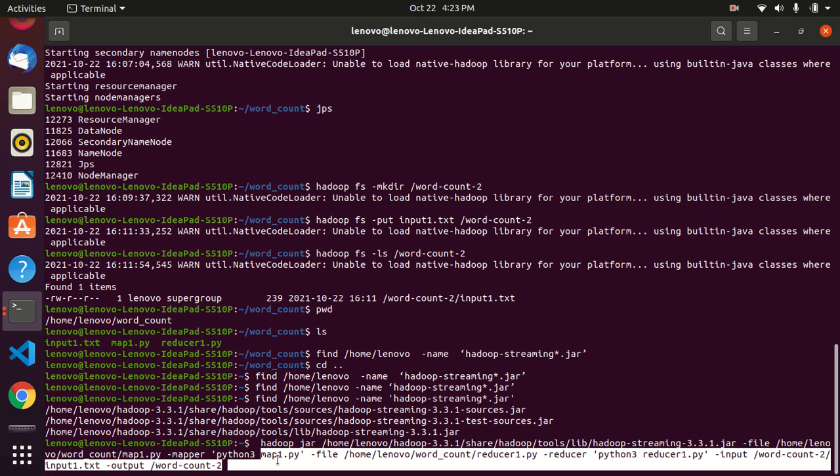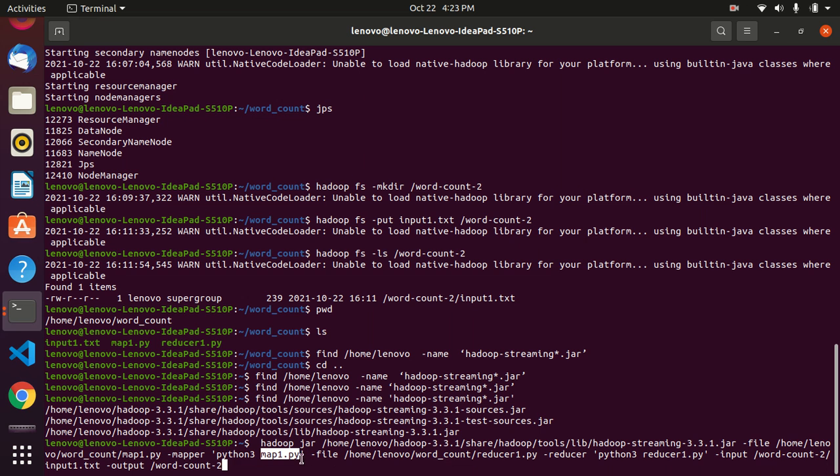The file name we have is mentioned here, and it is executed with python3. Next we give space, -file, and the same location where our reducer file is, the total path. And next -reducer, and in single inverted commas we give python3 reducer1.py, where this is the reducer file name.